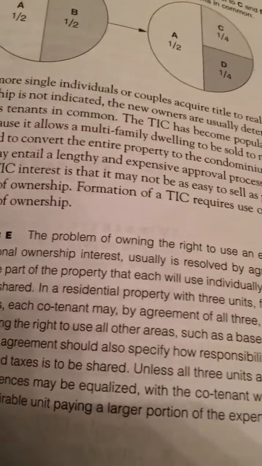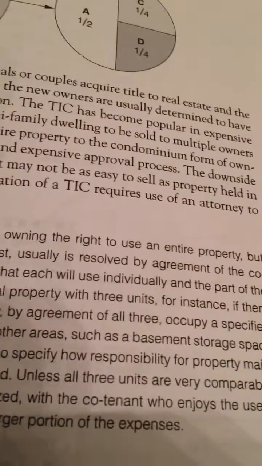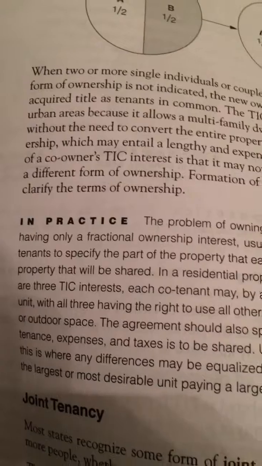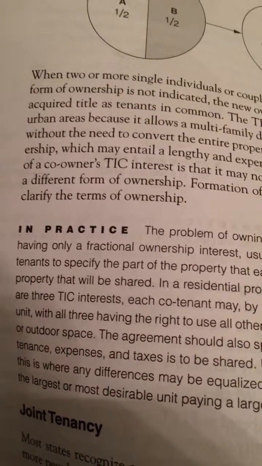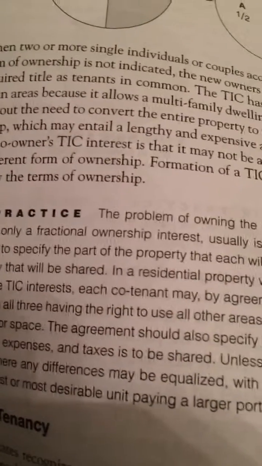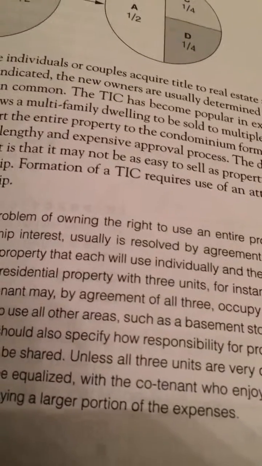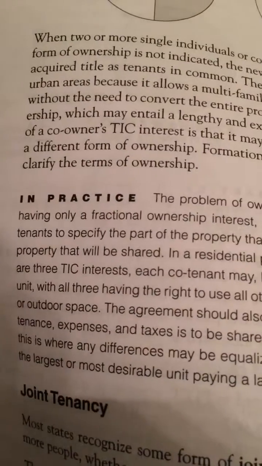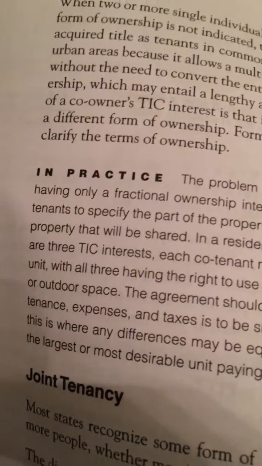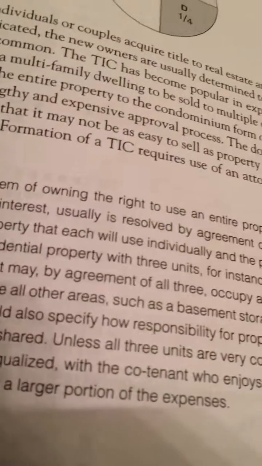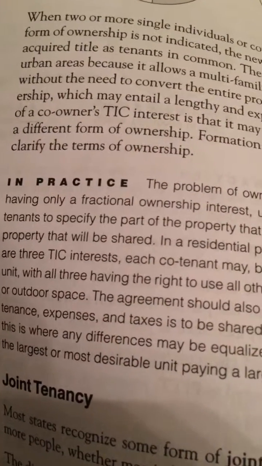In a residential property with 3 units, for instance, if there are 3 tenancy in common interests, each co-tenant may, by agreement of all 3, occupy a specified unit, with all 3 having the right to use all other areas, such as a basement storage space, an outdoor space,